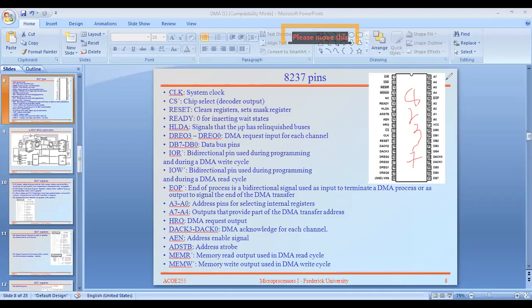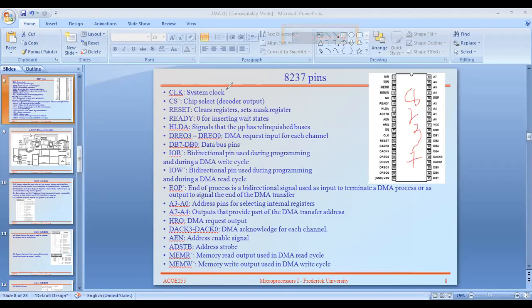See here, and what are the possible pins it contains? Clock. Already you know that the system clock is also called the master clock. Here, there is no need to apply a separate clock using an individual crystal. The system generated clock in the processor may be directly connected to this clock signal.